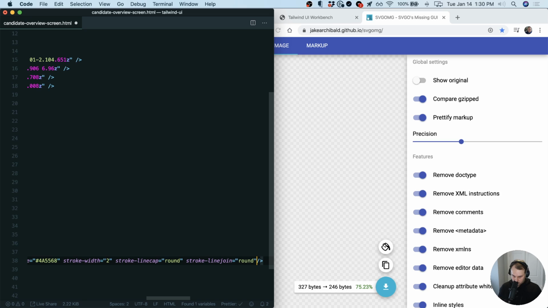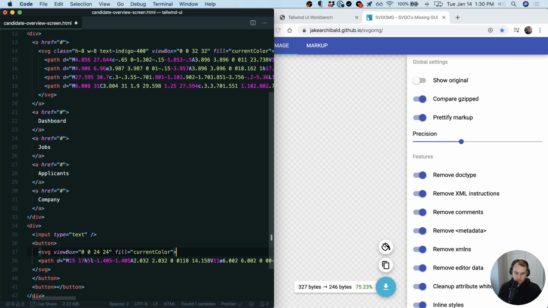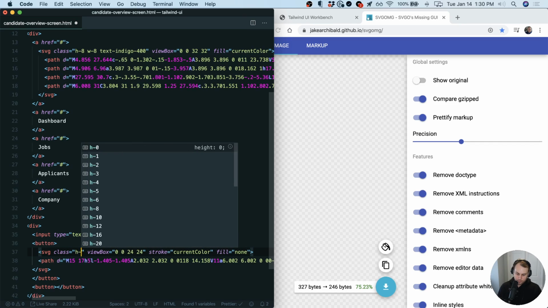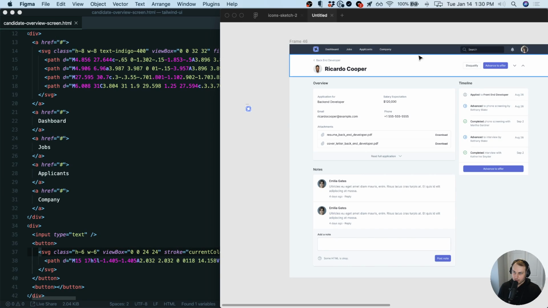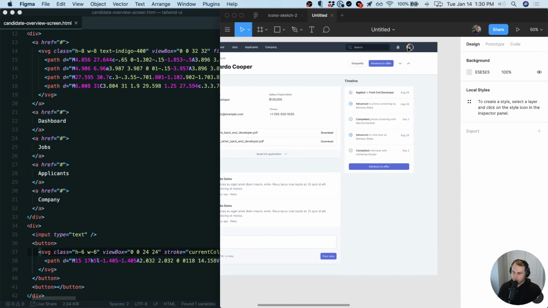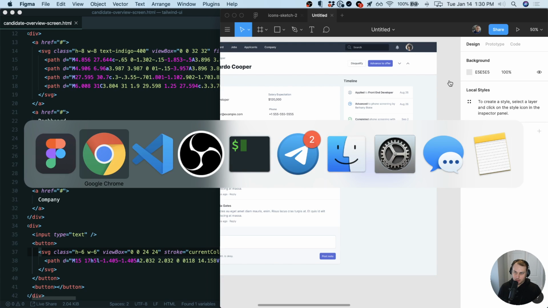Actually, this is using strokes, so let's get rid of the stroke here. We'll do fill none. Stroke, currentColor. Okay, we'll figure out the sizes later. Got an avatar here, which, if I remember right, we made this 32 by 32 or 40 by 40. I think we're actually going to size that down, but